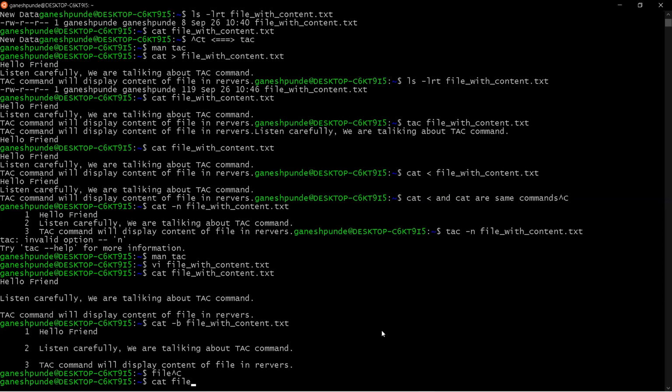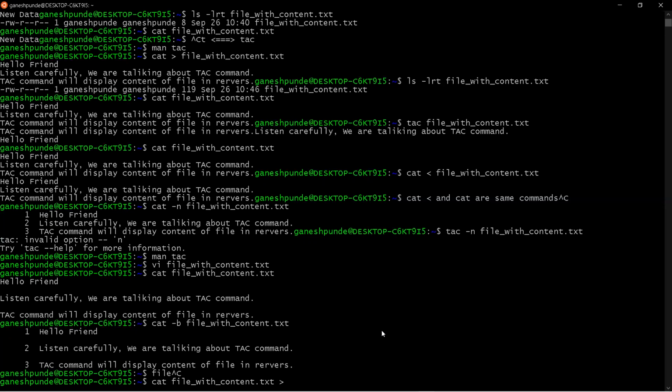cat file with, right, and we have this file. Suppose I want to create a duplicate of this file, or I want to take a backup of this file.